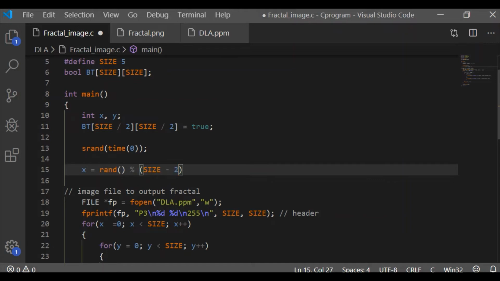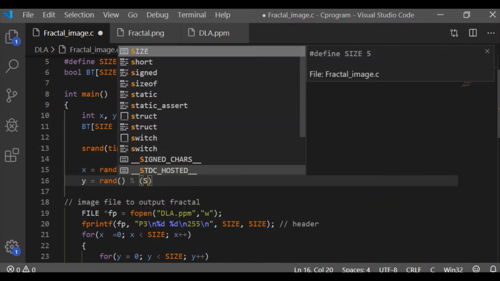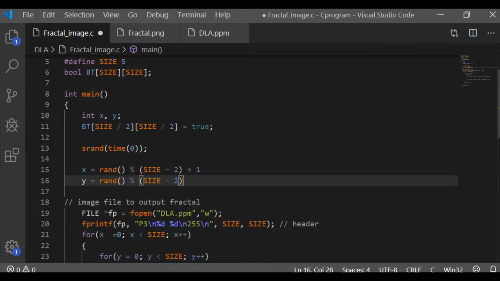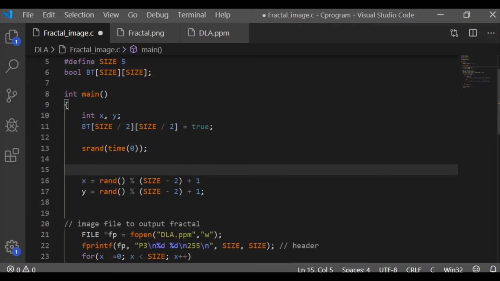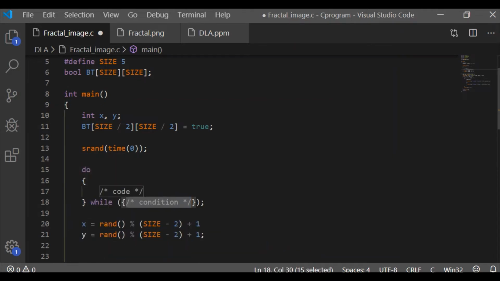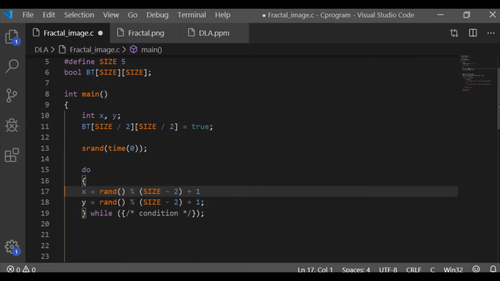So x takes a randomly generated value modulus of size minus 2, plus 1. Similarly, y takes a random value limited in the same range. So within this range we get randomly generated values for x and y, which in turn give the position of the particle on the screen.